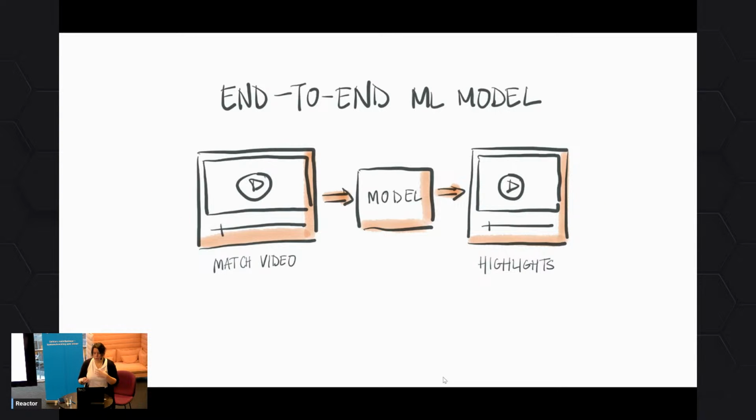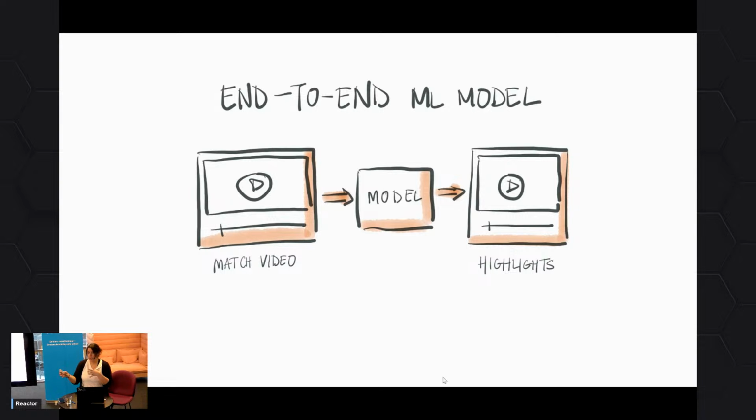So when we're thinking about how we can replicate this without having all these people sit there and click the buttons, we can either do an all-in-one model, which is basically you take the video and out comes the highlight. This is sort of the holy grail of models, but it takes a lot of data.